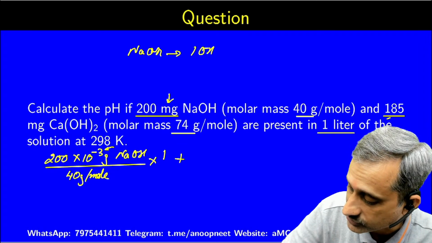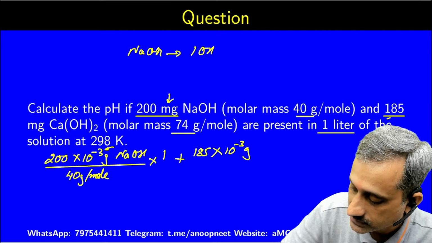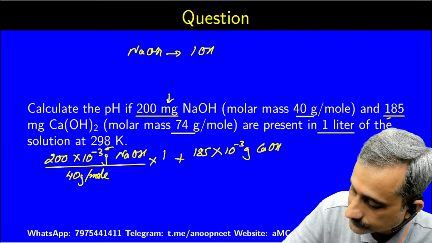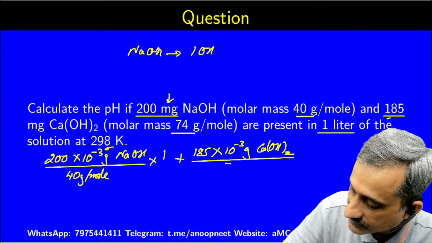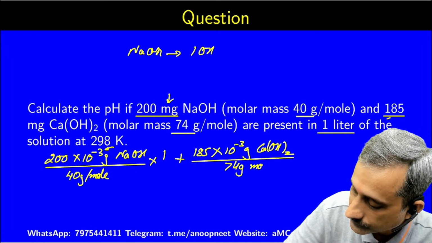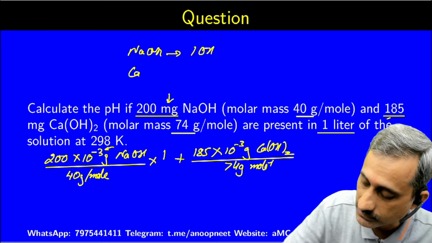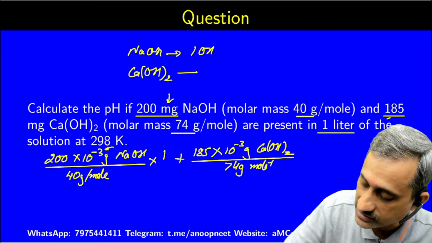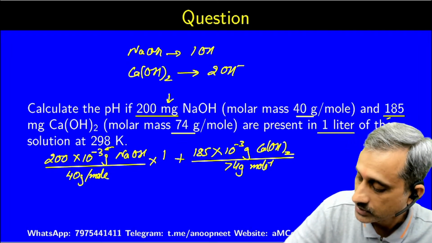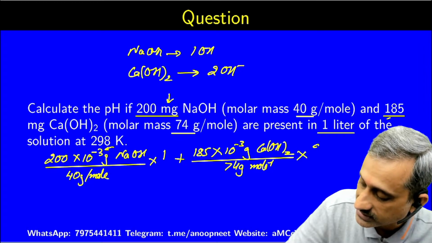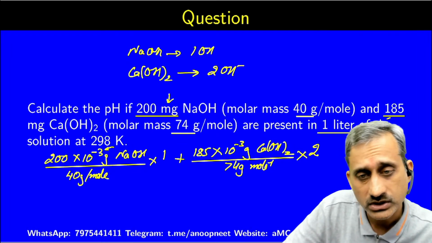नाउ अब इसमें हमें हाइड्रोक्साइड को ऐड करना है. नाउ वी टॉक अबाउट कैल्शियम हाइड्रोक्साइड. हमारे पास है 185 मिलीग्राम्स ऑफ कैल्शियम हाइड्रोक्साइड इनटू 10⁻³ ग्राम्स of calcium hydroxide. Now, how many moles it is going to be? Divided by 74. ठीक है. So that many moles of calcium hydroxide are there. But you need to remember that each calcium hydroxide has 2 OH minus. एक कैल्शियम हाइड्रोक्साइड में दो OH माइनस है। आपको इसे 2 से मल्टीप्लाई करना पड़ेगा। सो दैट विल गिव अस द मोल्स ऑफ हाइड्रोक्साइड आयन